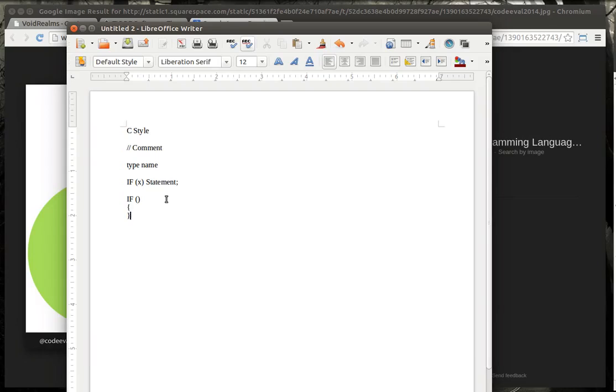Notice these brackets. That's indicative of a C-style language. It's called C because C was really the first language, I believe, to use that kind of curly bracket syntax. A lot of people hate these brackets. I love them, and let me tell you why. Because it defines scope. Going back to what we were talking about, scope.